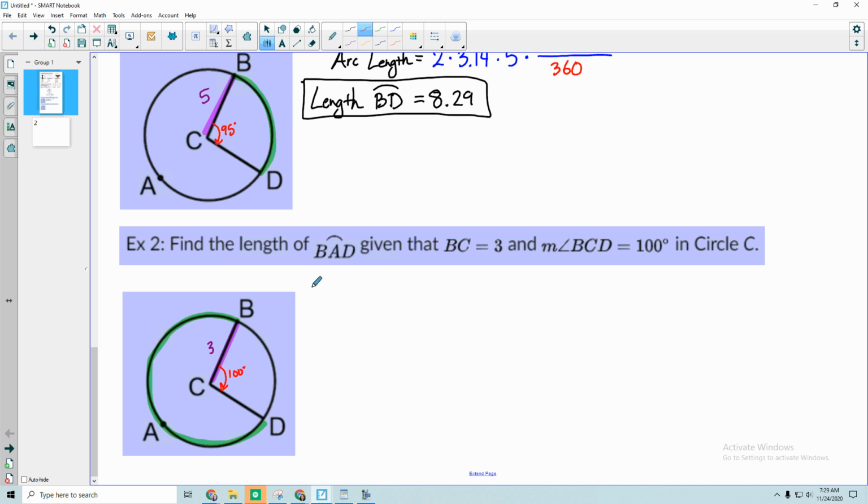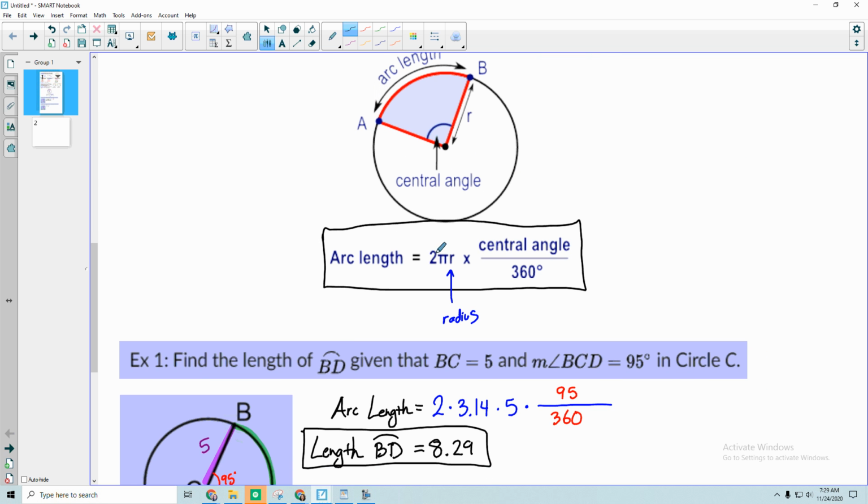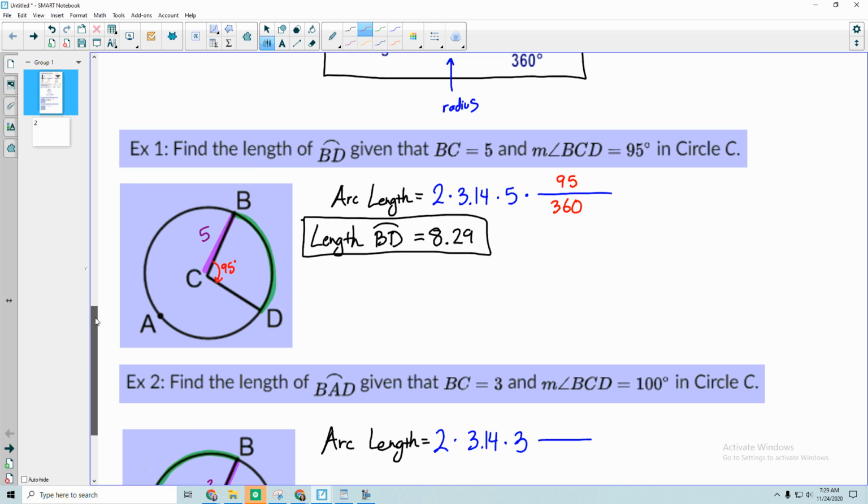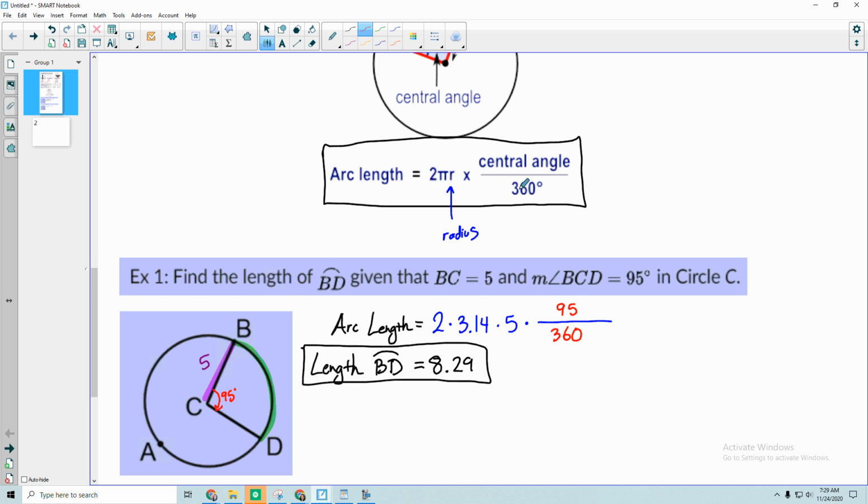All right, so I've filled everything in. This is what I have. So here we have our arc length. And I'm just using the formula from above. So it's going to be 2 times 3.14 times the radius. So I'll do that part first. So 2 times 3.14 times the radius, which is 3. And then this part gets a little bit different, so make sure you're following along with this. So I still have 360 degrees here,